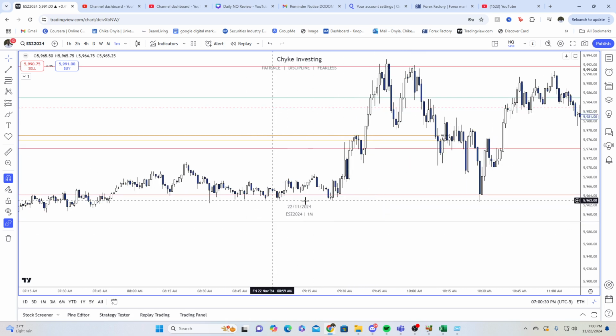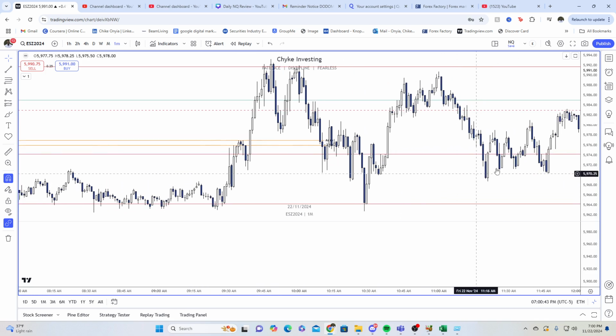We had these relatively equal lows that look really nice, to be very honest. So honestly, in a perfect world, this really should have worked, especially with the SMT with NQ. And you can see we eventually come back down there, but we just can't take these levels out. So you see the precision of today just really falling off.